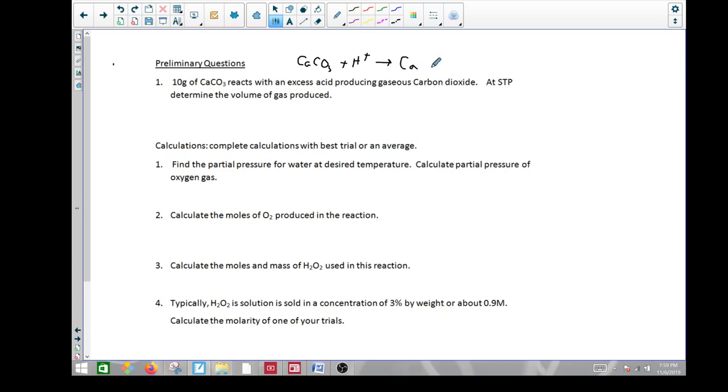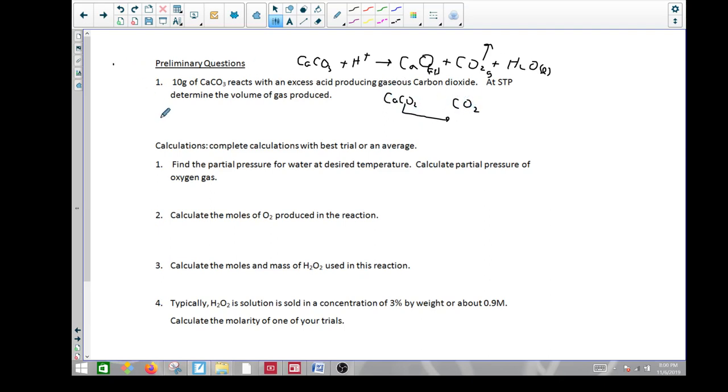calcium, probably something along the lines of calcium oxide, plus carbon dioxide and likely also some water. In this case, the water will be a liquid. This will likely be aqueous, and this will be the only gas that is produced. So from this, they don't give you the whole reaction, but what they're really trying to get you to realize is that with calcium carbonate, all the carbon from here will go to carbon dioxide. So if you know your moles of calcium carbonate, you also know the moles of carbon dioxide that you'll get